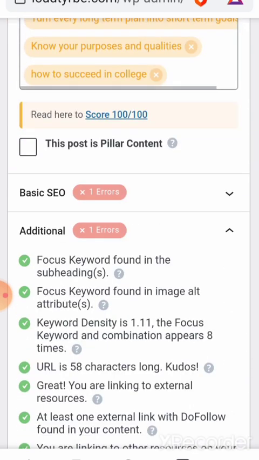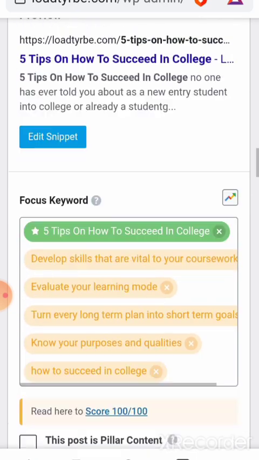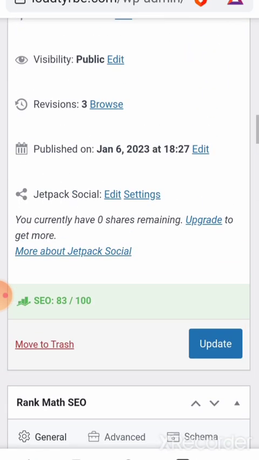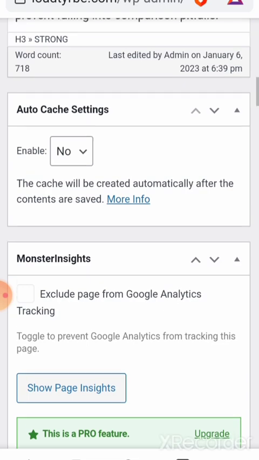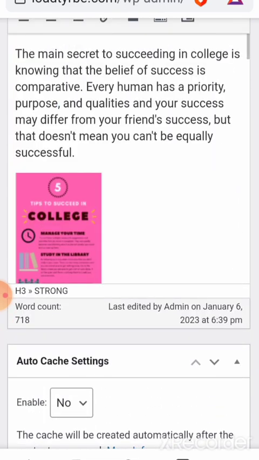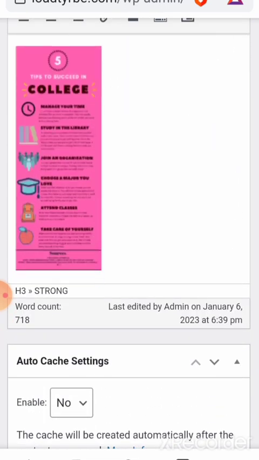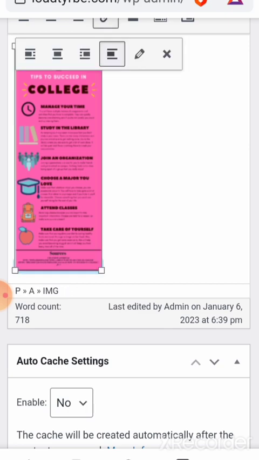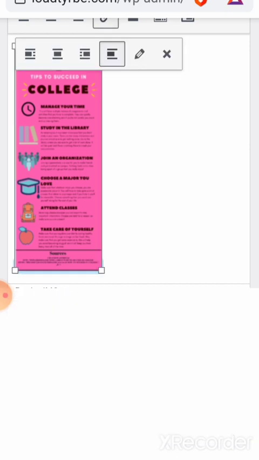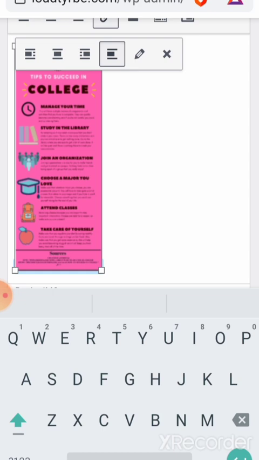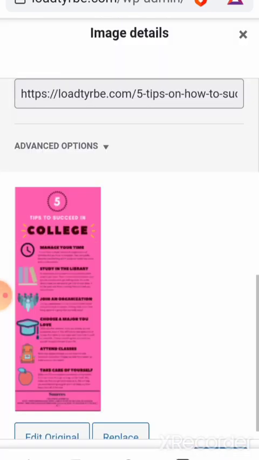The next one is focus keyword found in image alt attribute. Now, you don't just write a content without adding an image. So you have to add an image, and not just add an image, you have to ensure your focus keyword is also added to the image alternative attribute. So if you click on this image now, and I click on this pencil-like icon, which is edit, and I click on edit, you will see that